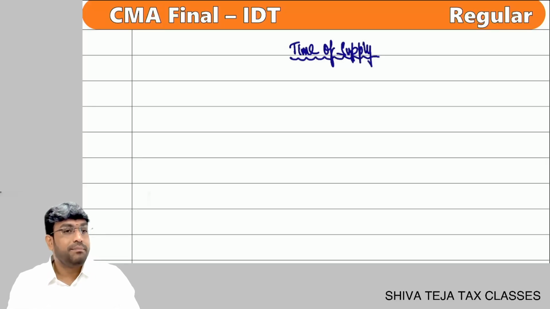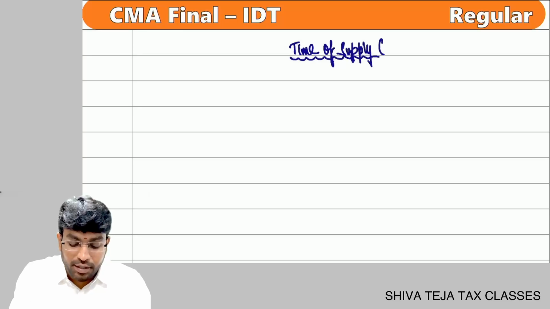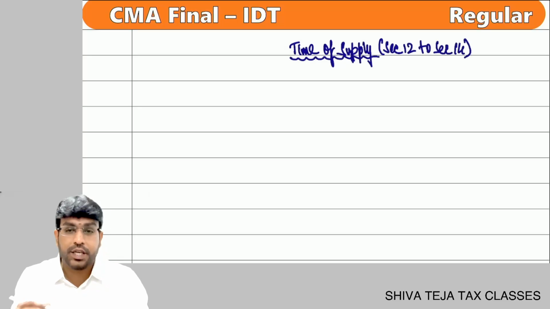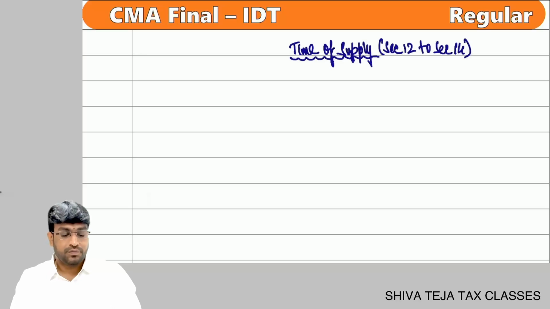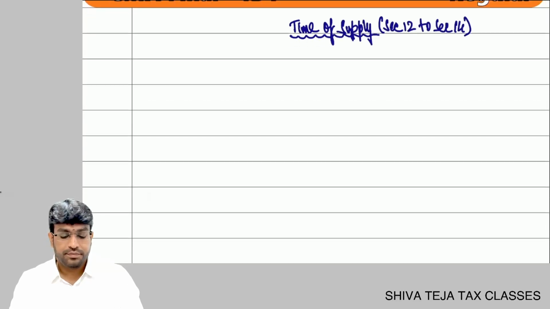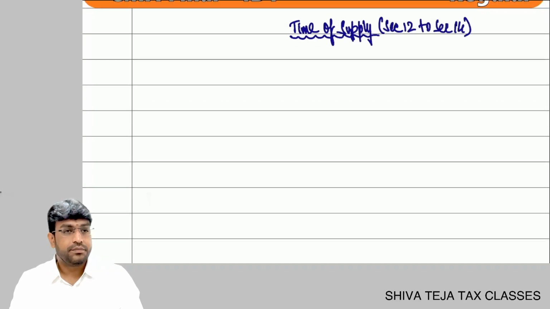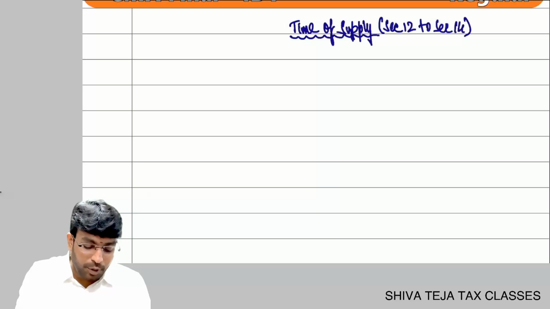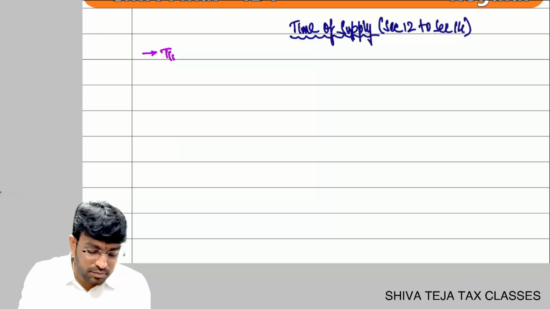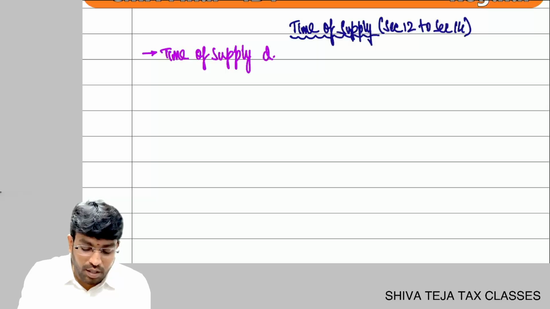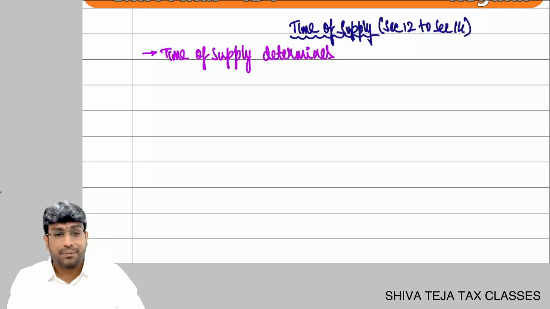Come on, friends, what is the topic name? Write in the bracket, section 12 to section 14. First point. Time of supply determines,